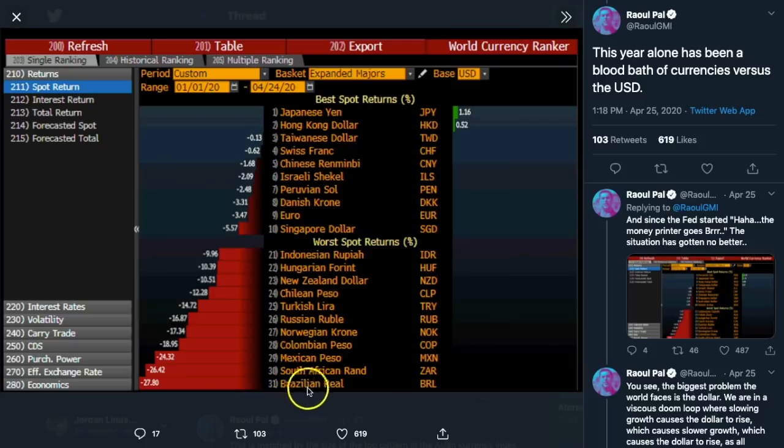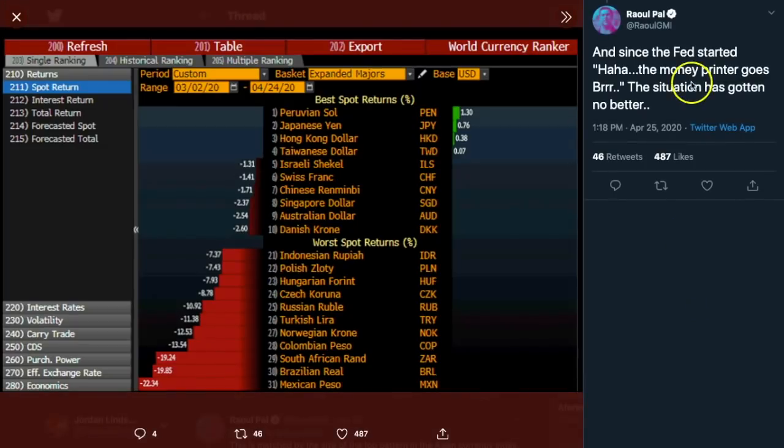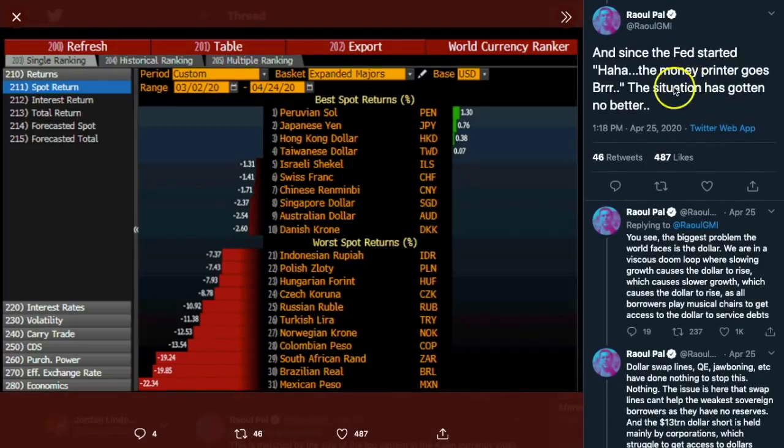Look at the Brazilian real. We just talked about the South African rand and the Mexican peso. And just look at the damage it's done across the board. And since the Fed started printing, he makes a joke about the meme, the money printer goes brr. The situation has gotten no better. This is since the Fed has started printing. Look at